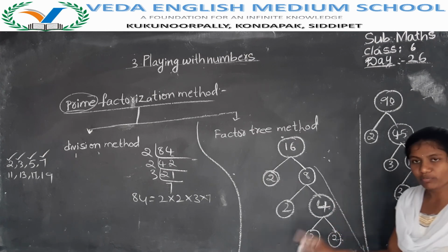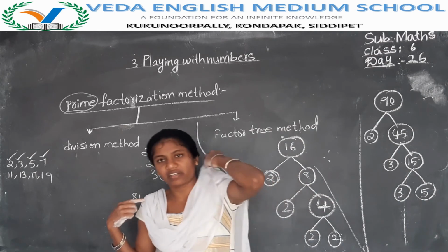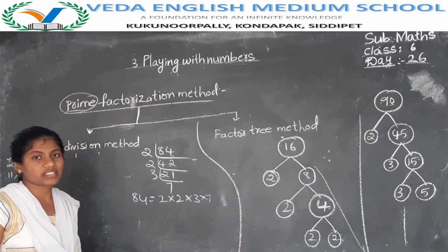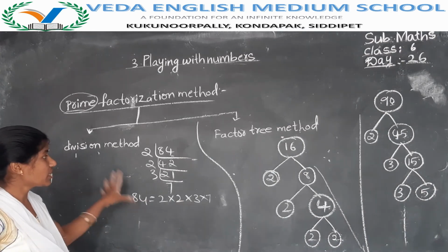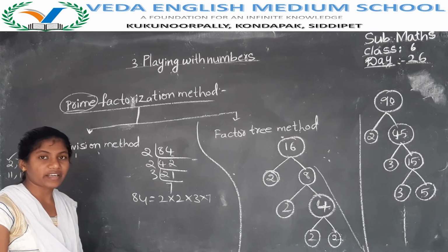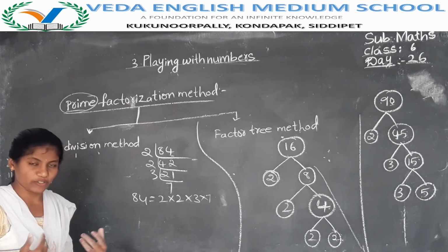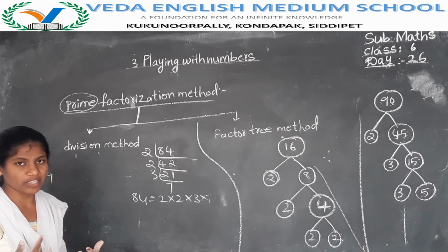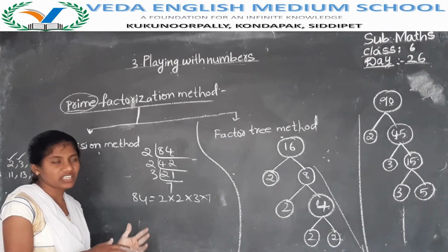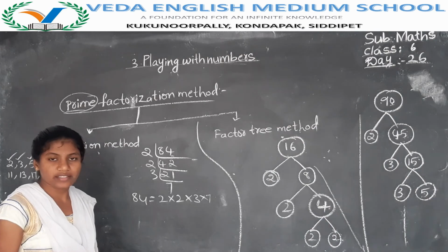Like this you have to find by both division method and factor tree method. Have you understood these two methods? If you have understood, then we will go through the exercise in the next class. So learn these perfectly. Take any number and try. If you did not get it, call me and ask me and I will explain. Okay? Then listen carefully and learn this perfectly. If you know this, then in the next class we will go to the exercise. Okay?